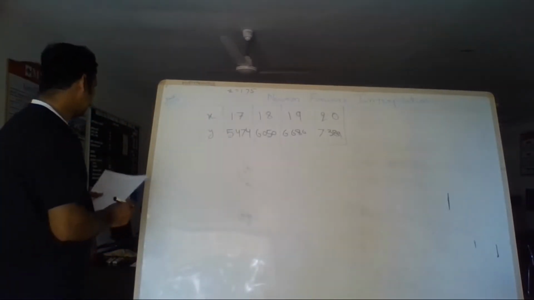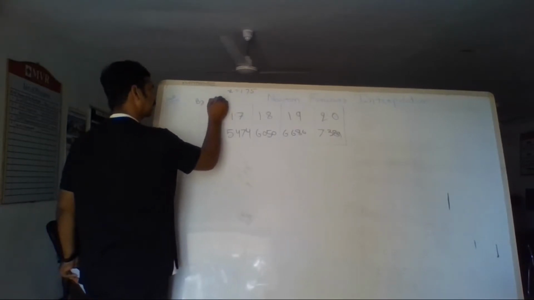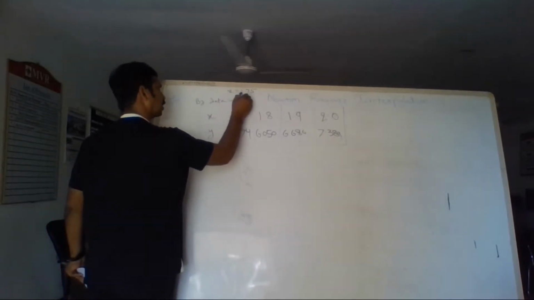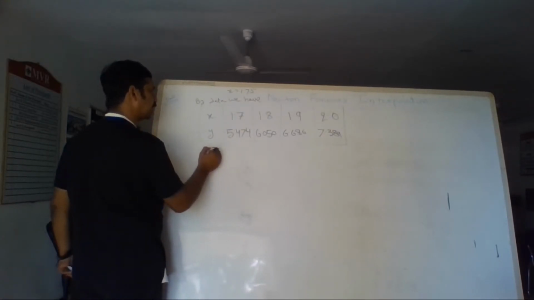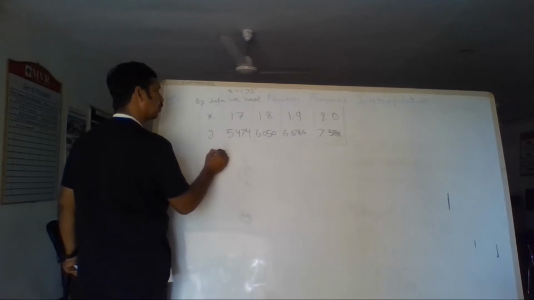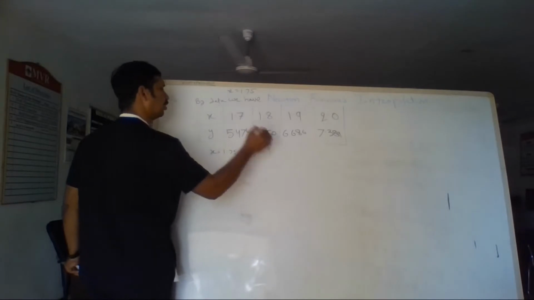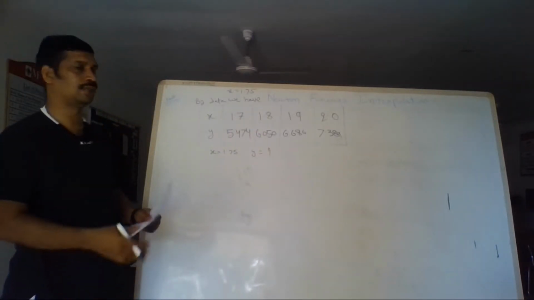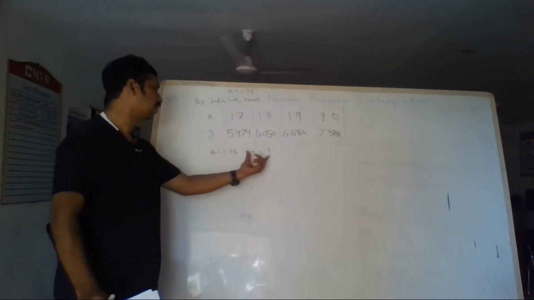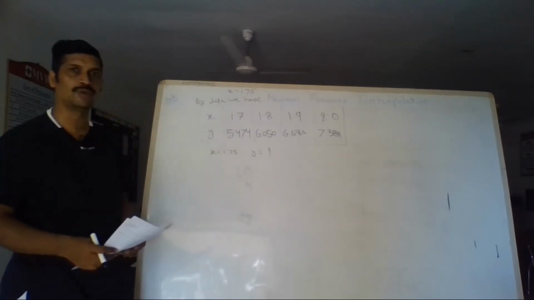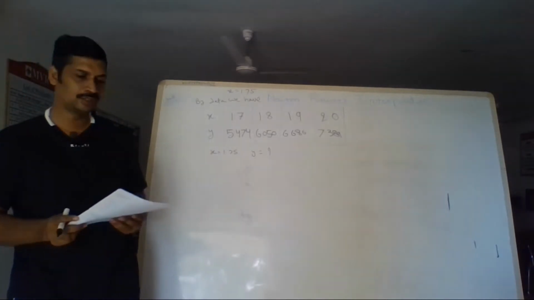Here the solution is by the data we have been given. They are asking what is the value of y corresponding to x equal to 1.75. This is the problem. I have just written the problem once again. By data we have the given table. They are asking what is the value of y at x equal to 1.75. This problem we will solve using the Newton forward interpolation method.